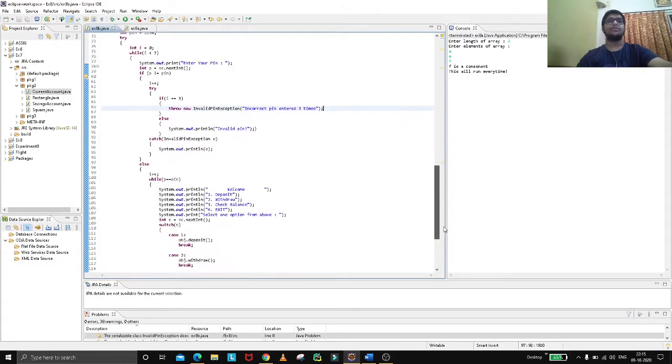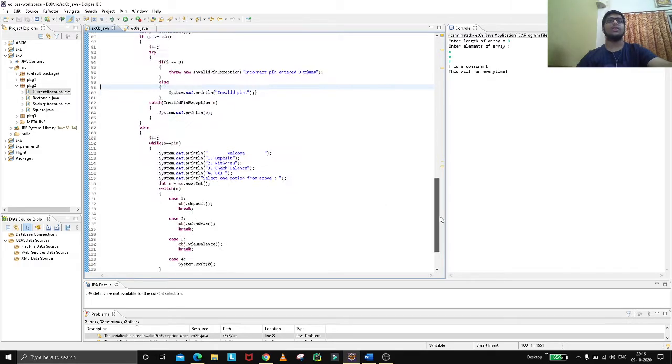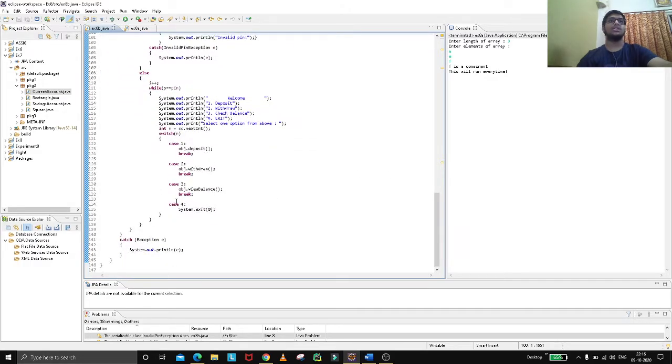Now if the user gives the same PIN which is initialized as 1234, the functions will run. And here we have created a menu driven format like case 1, case 2, case 3, case 4. Case 1 is for deposit, case 2 is for withdraw, case 3 is for view balance, and case 4 is for exit.